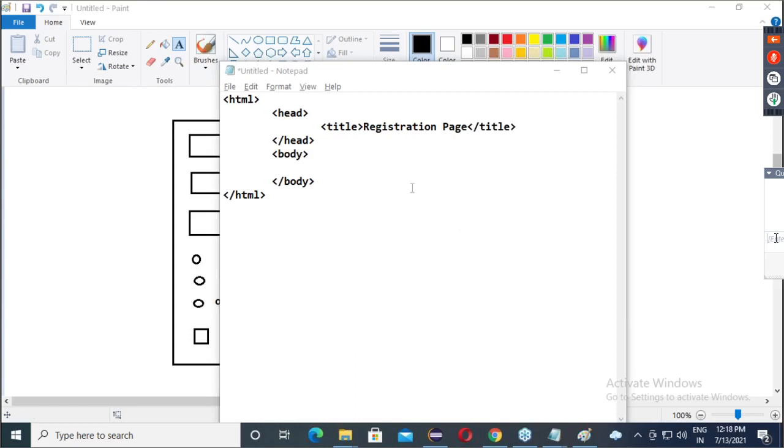Whatever you will give here, that same thing becomes the title. Okay. Now, guys, what is the concern of body? Just like the real HTML code, which will make a component. Components means elements. Which will make elements. That code exists inside that body part.